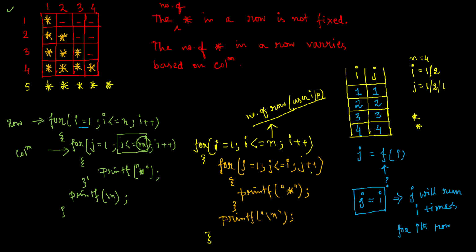j will be incremented by 1. j becomes 2. 2 less than equal to 2. Yes, again correct. So again another star will be printed. And then j will be 3, where it will be false. And then what will happen? printf slash n will execute, and your cursor will blink in the next line. And then the entire thing present within the outer for loop completes. So i will be incremented by 1. So i now becomes 3.